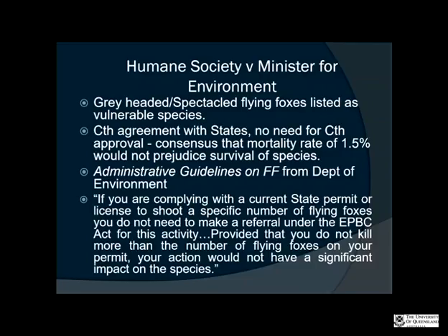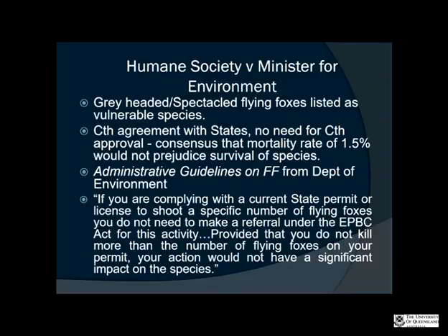Now, the Commonwealth entered into an agreement with the states, or in fact had an informal agreement with the states, that there was no need for Commonwealth approval so long as the mortality rate of these spectacled flying foxes or grey-headed flying foxes was not more than 1.5% and would not prejudice the survival of the species. Okay? So basically, they allowed the Queensland government and state governments to issue permits or licences to shoot numbers of